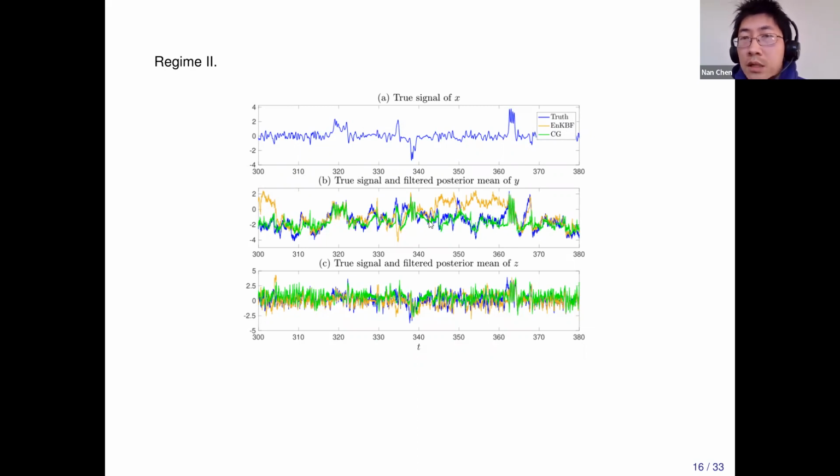We use a sufficiently large number of ensembles, maybe 2,000 for this three-dimensional system, which is sufficient. But because of that small observational noise, there will always be a few ensemble members which give you horrible results. So even if you use a perfect model, this ensemble method will give you a pretty bad result. And this is, of course, just a simple example, which tells us that if we can find a suitable conditional Gaussian approximation, then the closed analytical formula will be very useful in helping us reduce numerical error and sampling error.